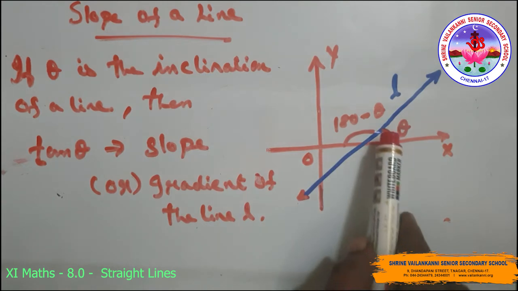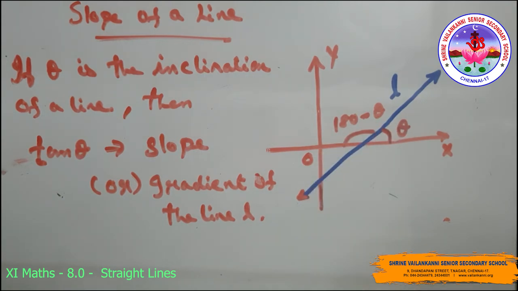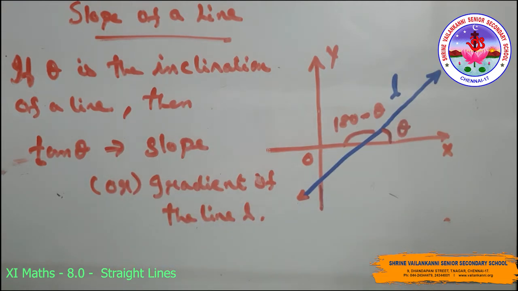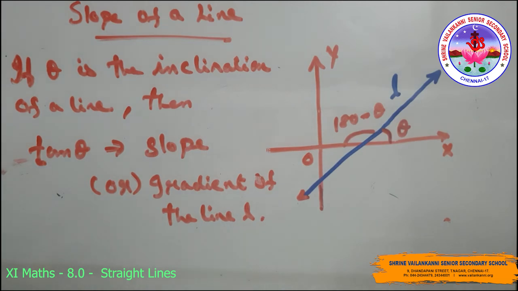Inclination is an angle made by the line with the positive direction of the x-axis in the anti-clockwise direction. If theta is the inclination of a line, then tan theta is called the slope or gradient of the line L. The slope of a line is denoted by m. So m equals tan theta,